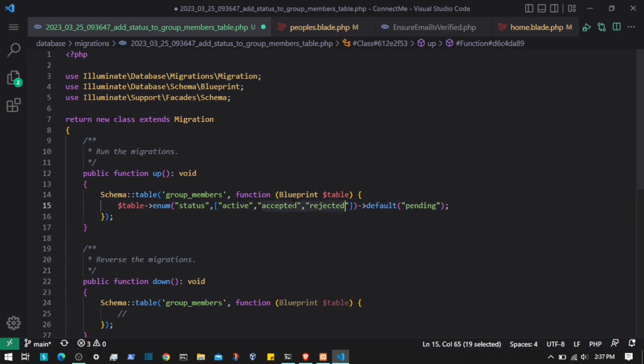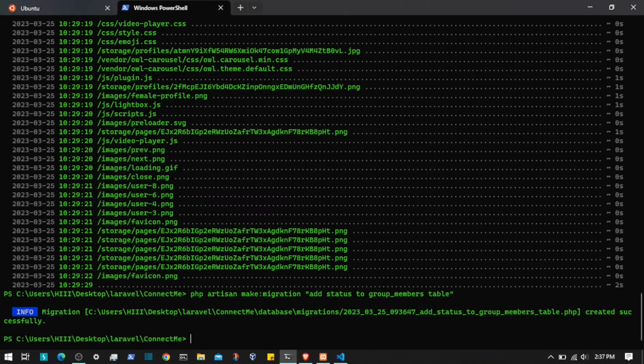So that will be easy, inactive, and by default it's going to be active. So let's do that. Yeah, I think that should work. So now I am going to migrate that definitely. So php artisan migrate,